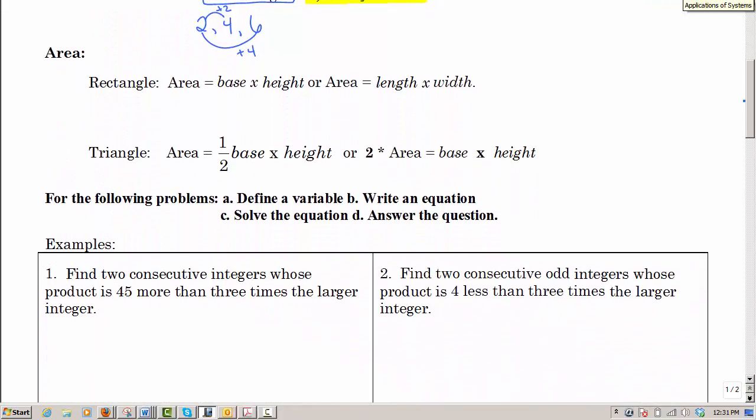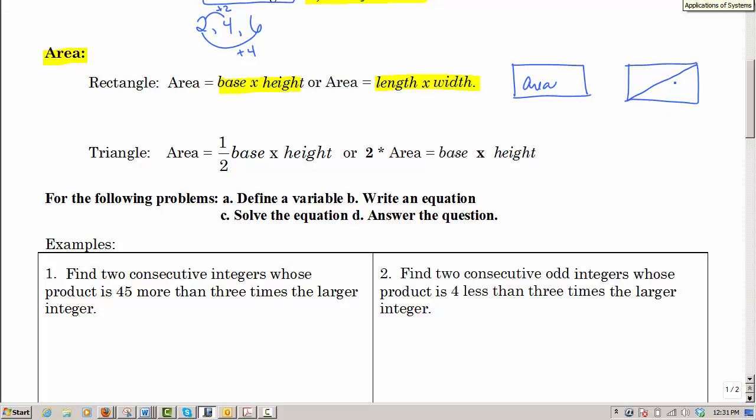Another thing to review is some basic area formulas that you learned. Rectangle, the area is base times height, or you might have learned it as length times width. Doesn't really matter. You have two dimensions and you're going to multiply to get the area. Now when you look at that picture, when you have a rectangle, if I were to chop it in two,